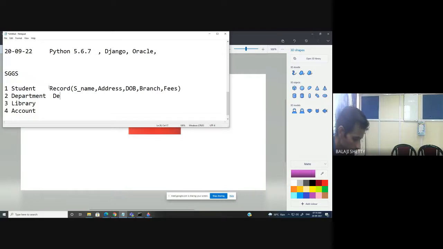Department information is the table in which I create the record for the student. So the student name is copied here. This acts as a foreign key now, and this is the primary key.